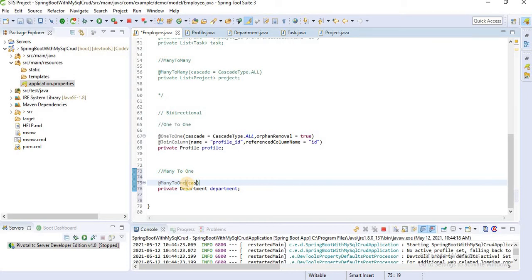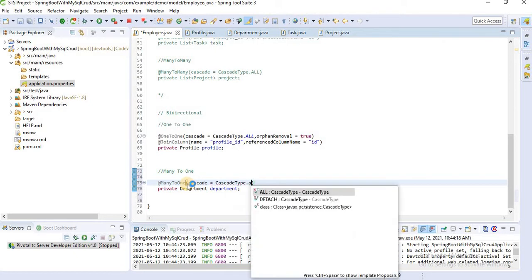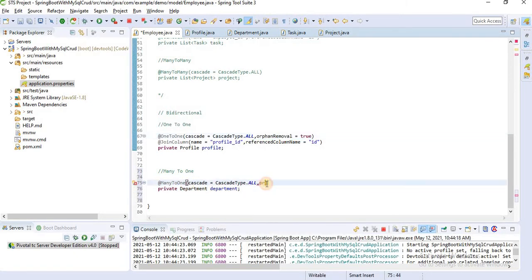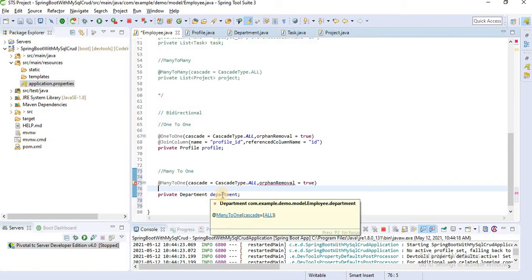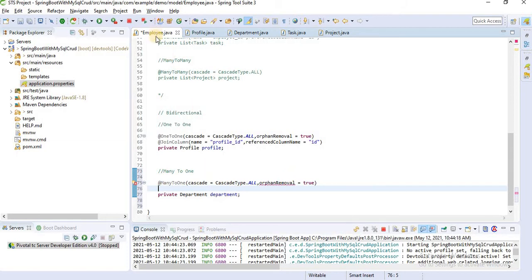First, cascade type dot all, then define the join column. We can't use orphan removal here because one department ID can be held by multiple employees.